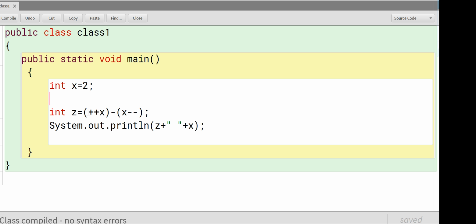So here the postfix form is used. The value of the variable will be increased and it is used. So first of all the value of the variable will be increased. What is the value of the variable here? It is 2. It will be increased by 1, and it is also used here. The value of the variable 2 will be increased by 1 and become 3, and 3 will be used here.